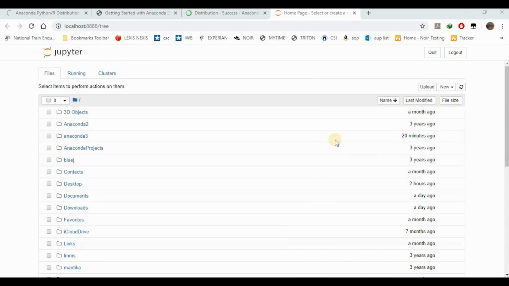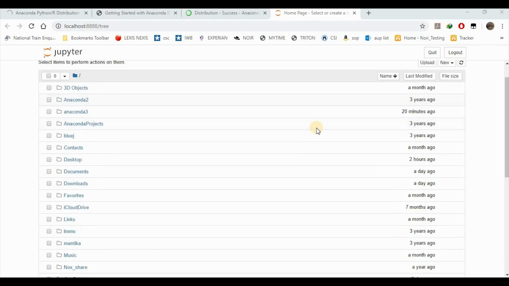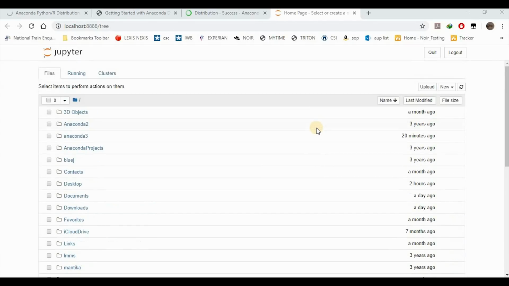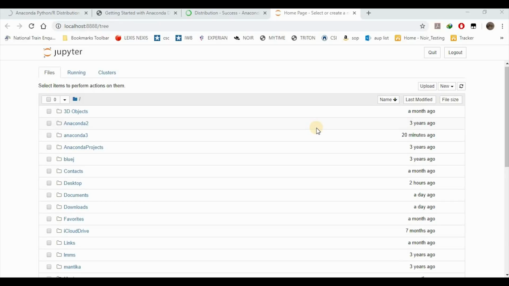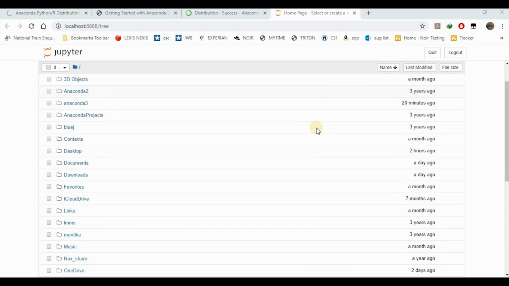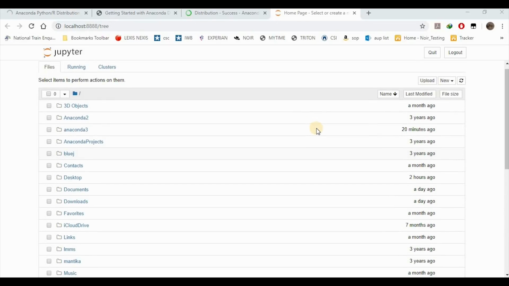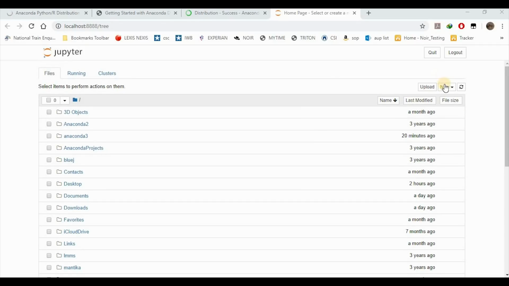So now we come back to a Jupyter notebook, and now we will go through how this Jupyter notebook actually works. So you see, when I open the Jupyter notebook, it already gives you what is on your system. It's desktop, contacts, documents, all those files. What we would need is a new Jupyter notebook. So we will go ahead and click on new, and then under notebook it would be Python 3. Then we'll click on Python 3. So it will open up a new Jupyter notebook